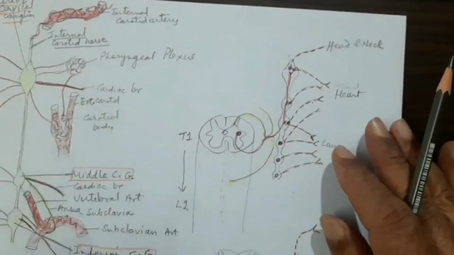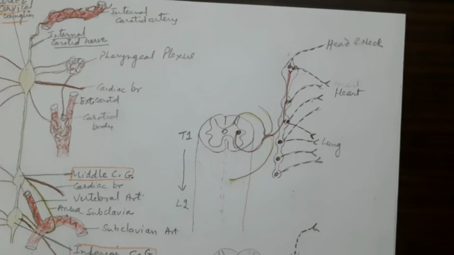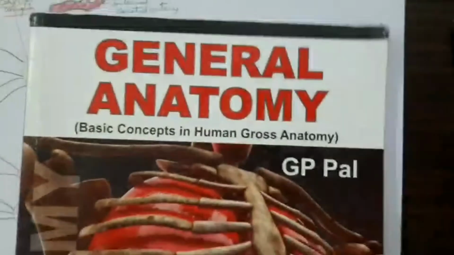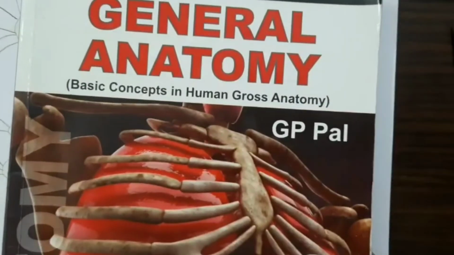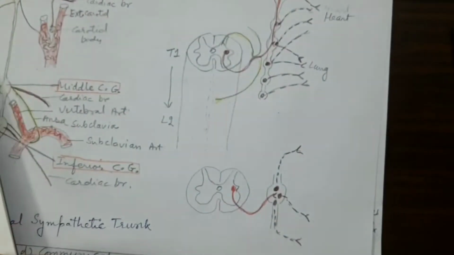I hope that you have got a fairly good idea about these sympathetic chain neurons and how they receive the preganglionic axon, and then it relays here, and then the postganglionic fibers, which are gray rami, will arise. Okay, I will try to show you some of the diagrams from this general anatomy book authored by me and published by PP Publications, and I am thankful to PP Publications for the use of these diagrams.